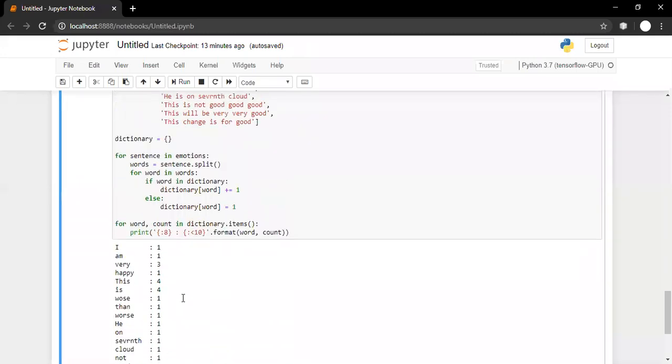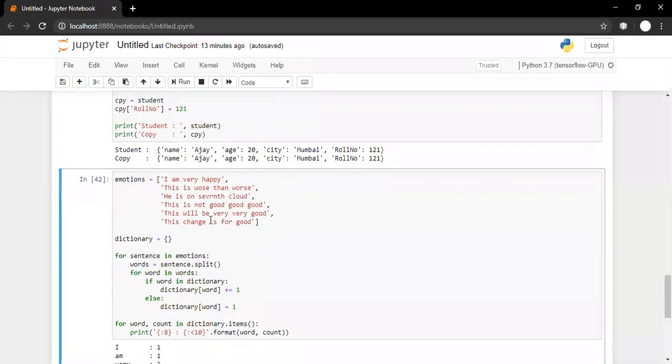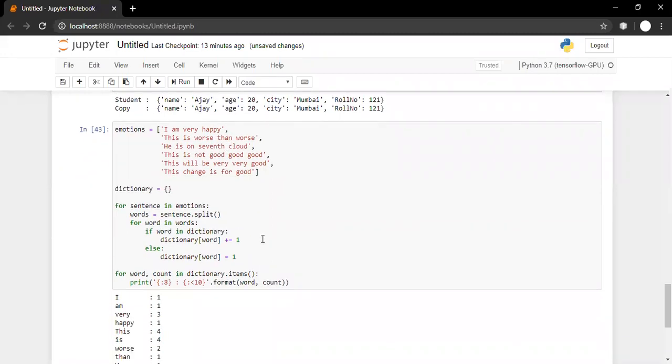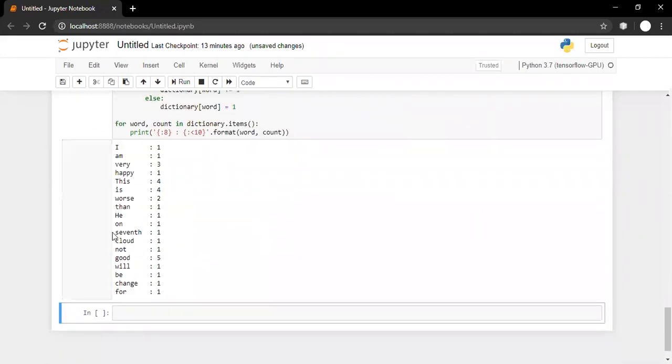So this is how you can use a dictionary to calculate the word count. Thank you, Siddharth. Seventh appeared once and words appeared twice and so on.